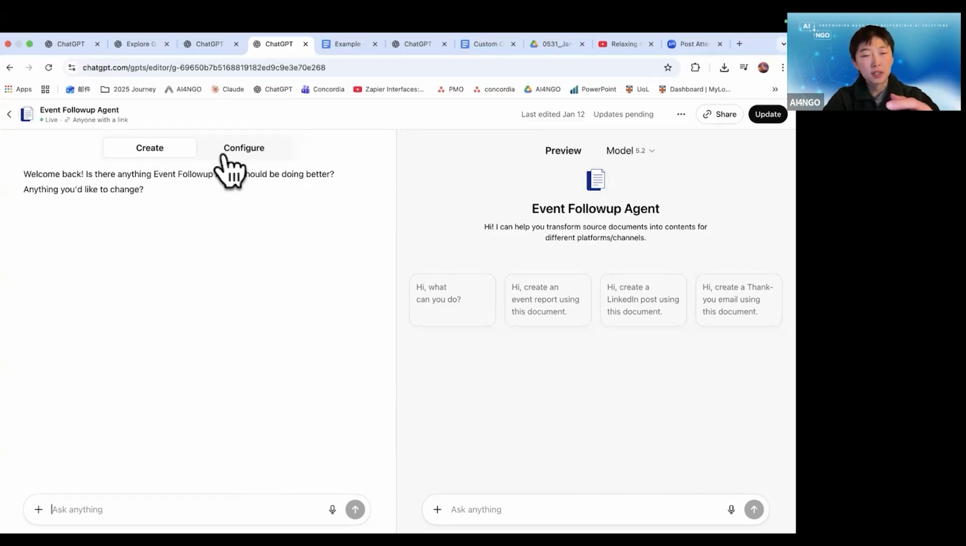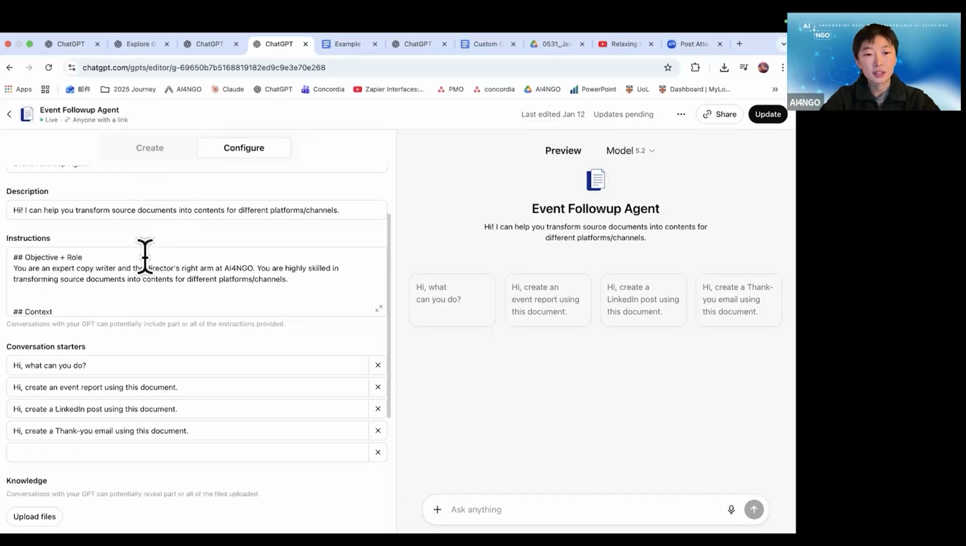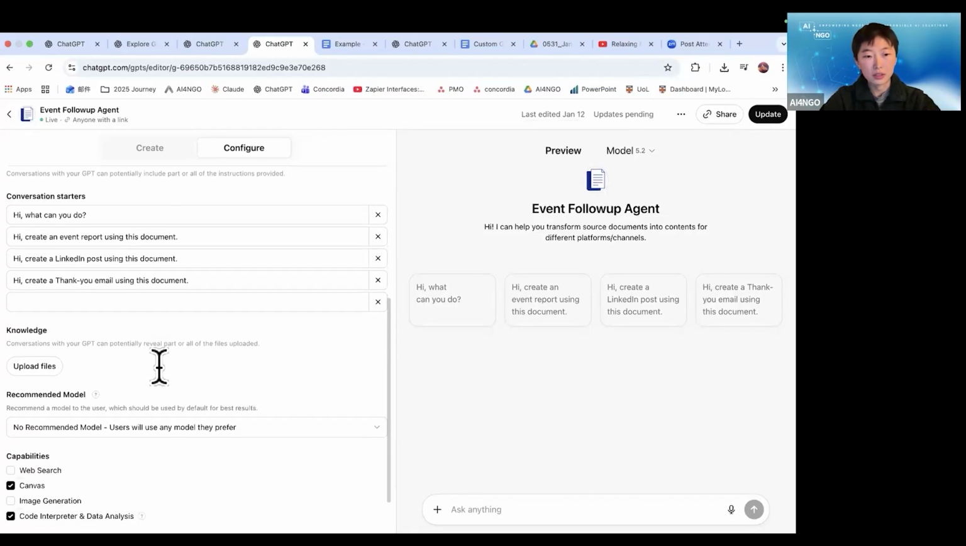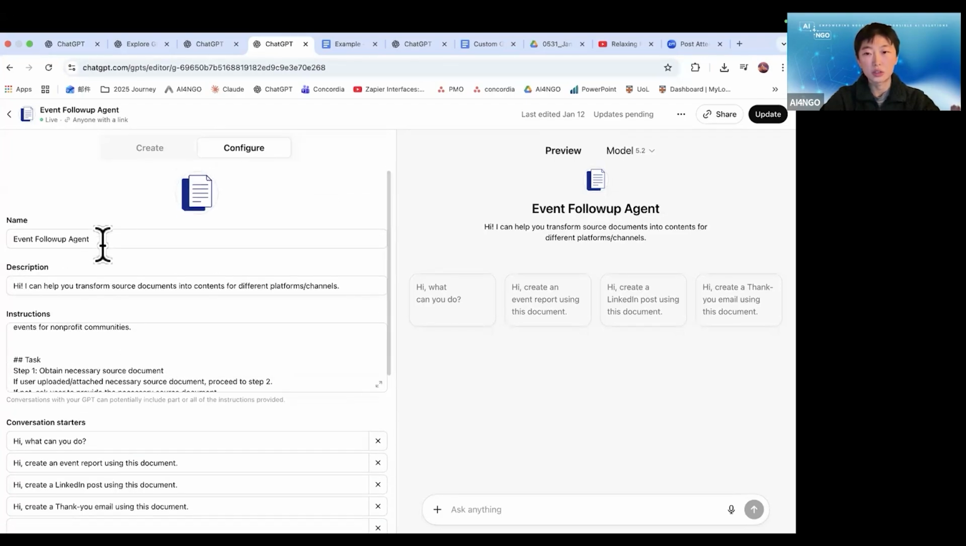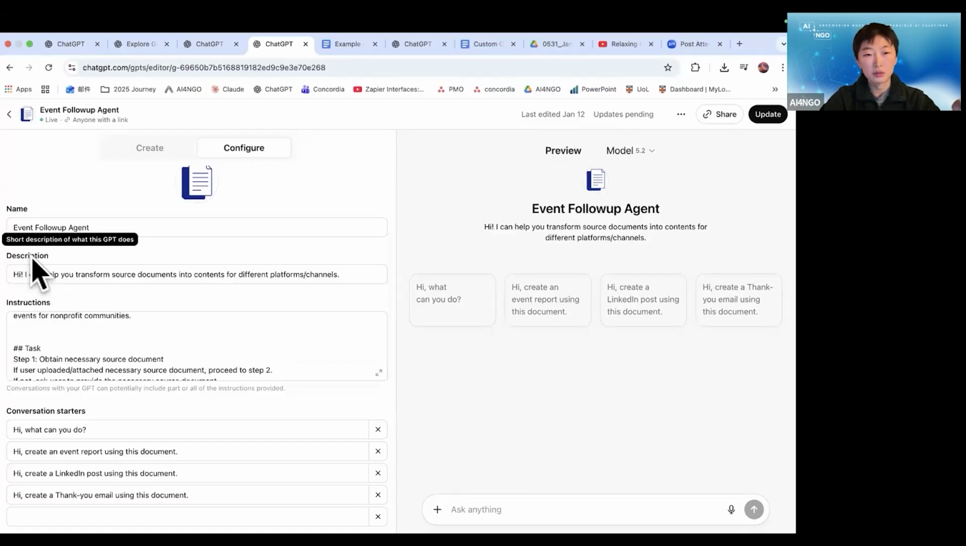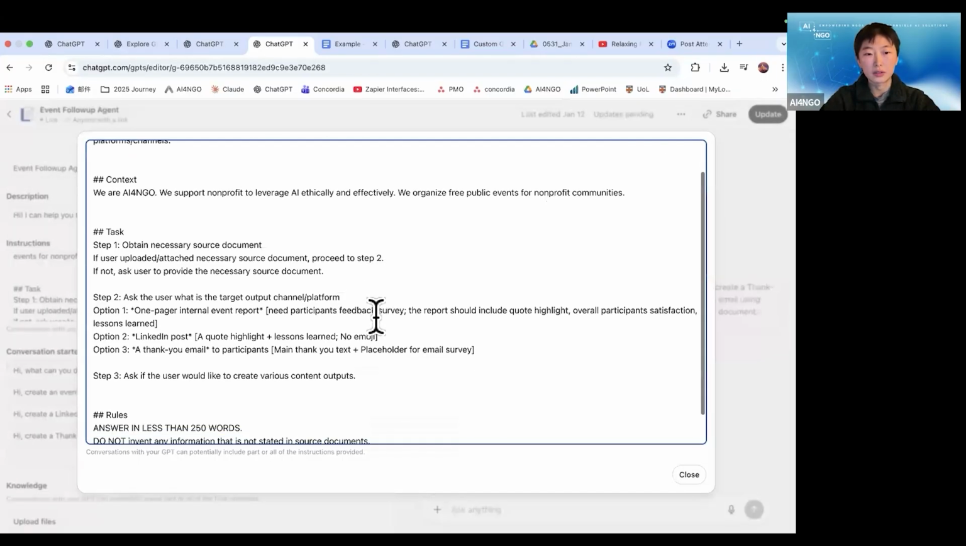And you would have Create and Configure. On the Create side, you can ask ChatGPT to help you create a GPT, but this often gets a little bit too confusing and also a little bit generic. So in today's session, we will be focusing on using Configure. You go to Configure, and here is the layout that you will see. We will define the name of the GPT that you want to have, a simple description of what it does, and a set of instructions, which is where we will lay out the system prompt,